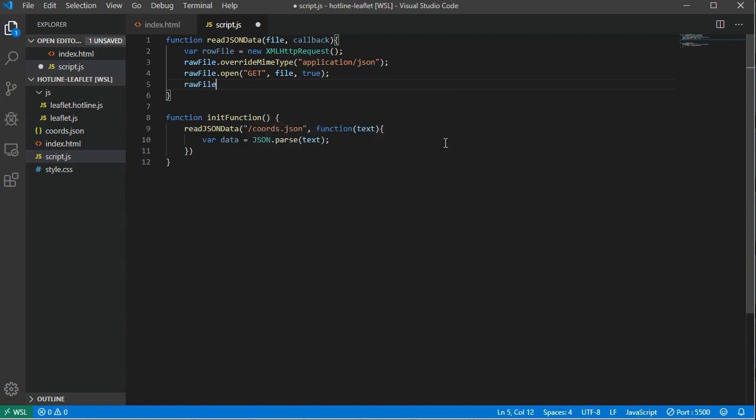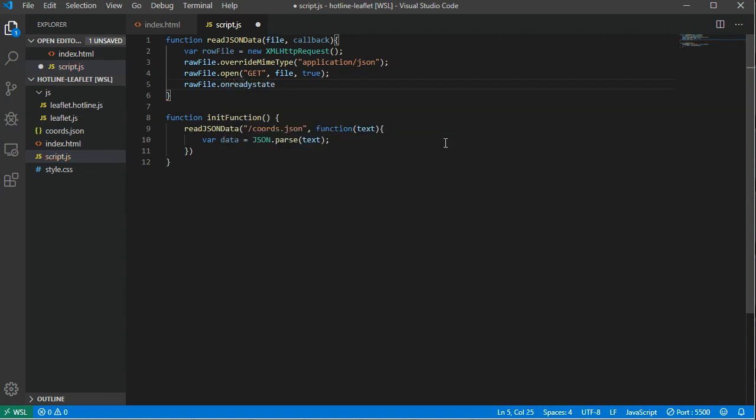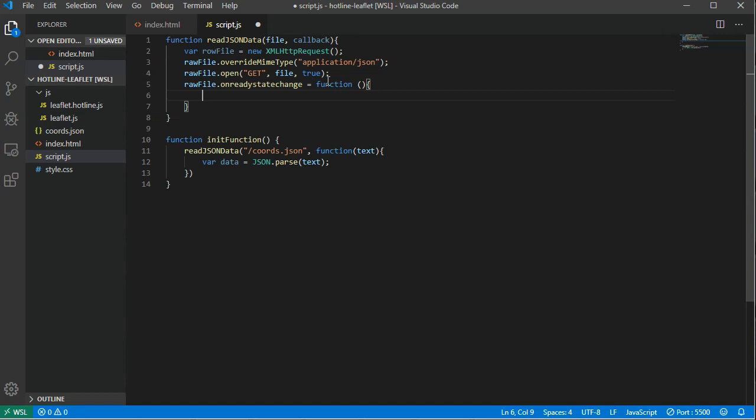So we have raw file onReadyStateChange, and we assign now here a function like this. And here we have an if statement. We check the status. So we have raw file dot readyState. So if raw file readyState equal to 4, and if the raw file dot status equal to 200, then